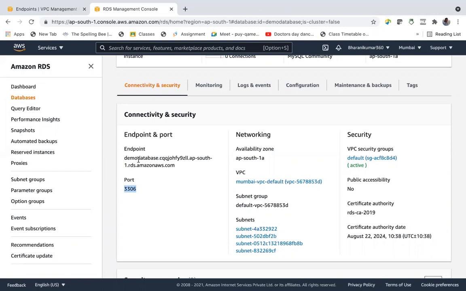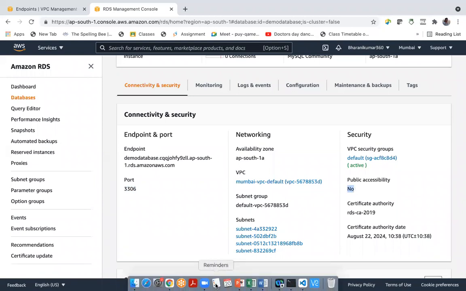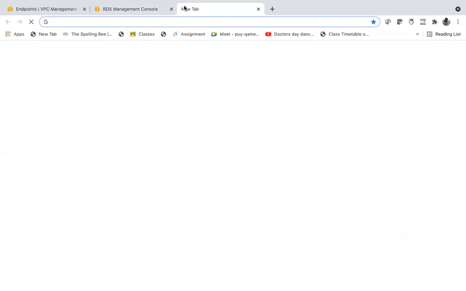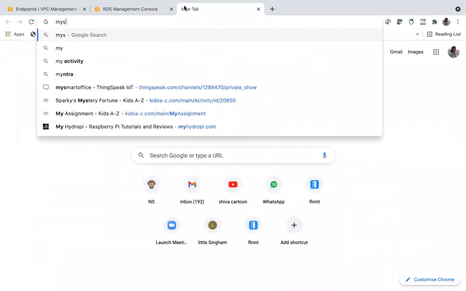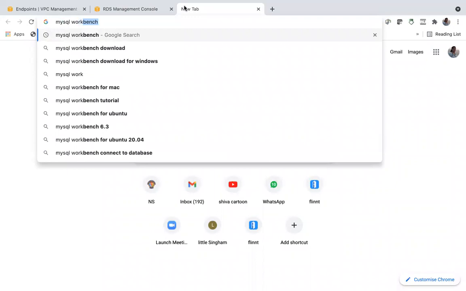Connecting to the database through an EC2 instance is simple. You have to install MySQL, and then connect. Suppose you want to do it from your laptop: this database has no public accessibility. If public accessibility is yes, then we have an option of connecting to the database from a laptop through something called MySQL Workbench. Then you should install this MySQL Workbench.